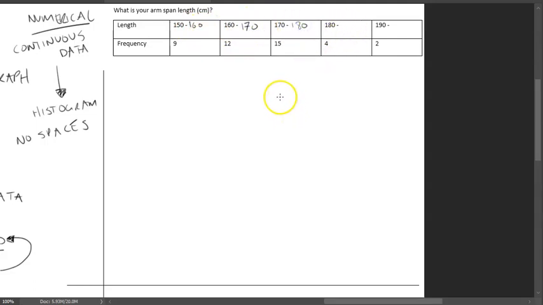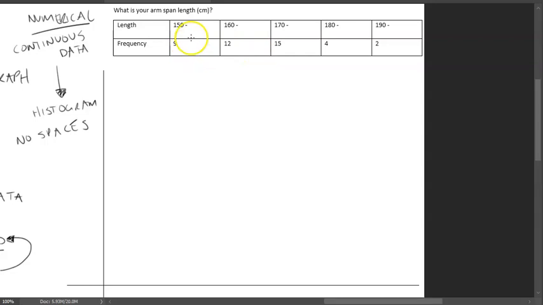But then what happens if someone said, oh, okay, my arm span is 170? Which frequency amount would you put it in? This one or this one? Because both of them have 170, don't they? So this is what's called an overlap. And when we talk about histograms and given this information, when we draw this frequency table, we can't have any overlaps happening. This is a big no-no. So to compensate for this,